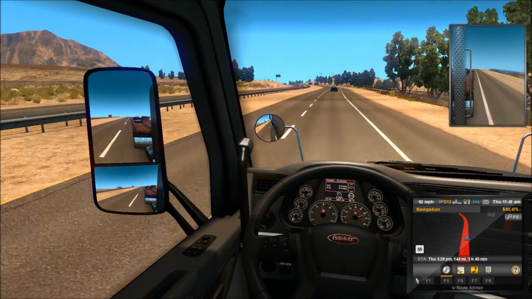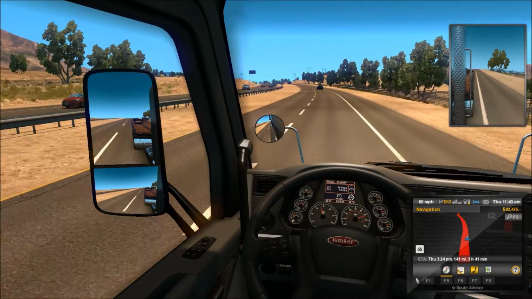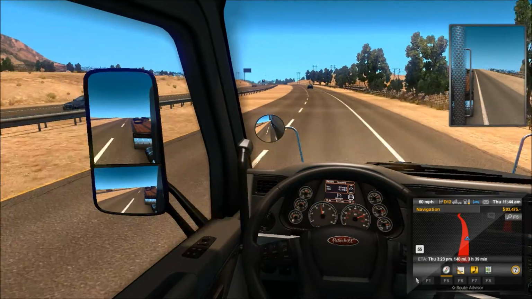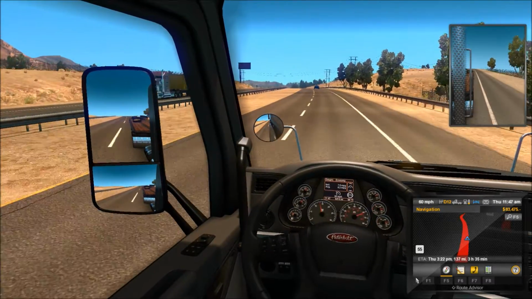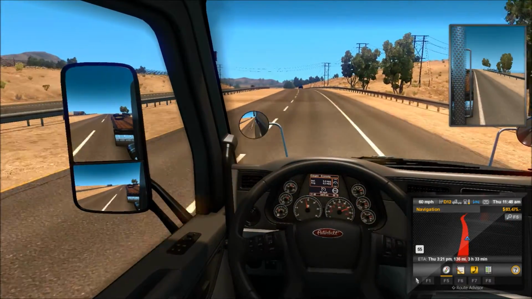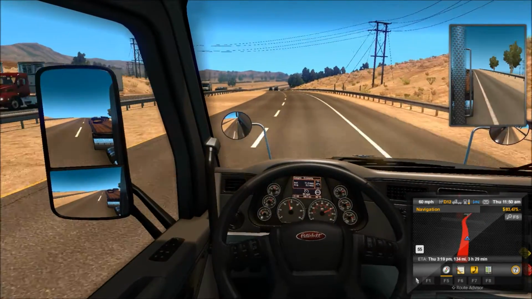So, just got to watch my speed. We can go ahead and set our cruise control here at 60, and shouldn't have to worry too much about getting a speeding ticket. The big thing that gets you is when you roll into them city limits. The speed limit will drop from...